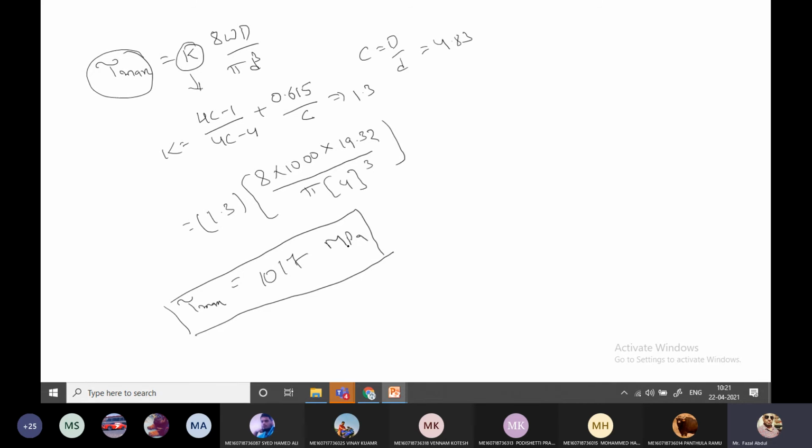And you people do the same procedure, calculating the maximum shear stress without considering the curvature effect. Without consideration of curvature effect means instead of taking K, we have to take Ks, the shear stress factor, 1 plus 1 by 2c. This equation we have to write without consideration of curvature effect. Remember, Babu. So I am asking you to calculate the maximum shear stress without considering the curvature effect. Tell me the answer.